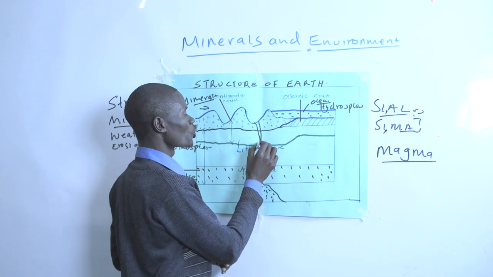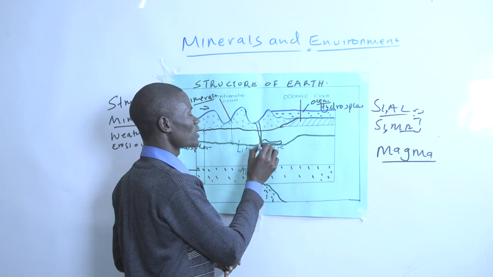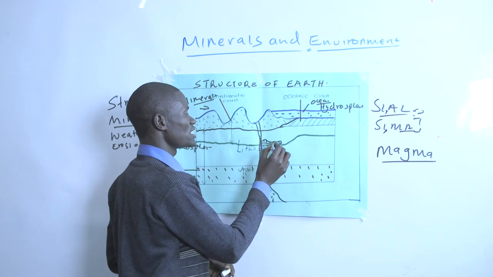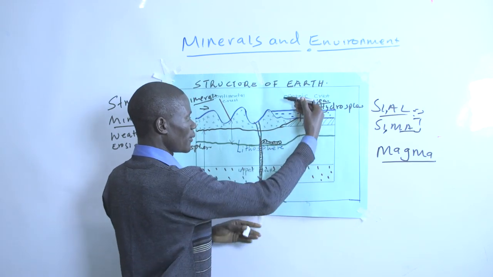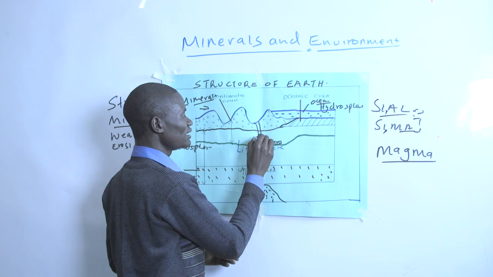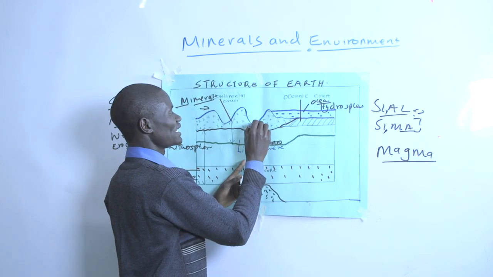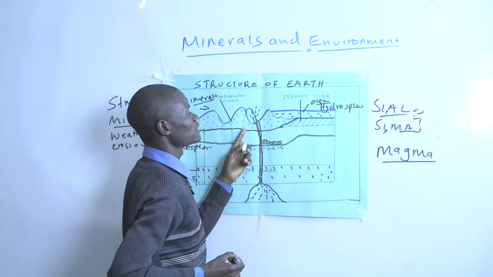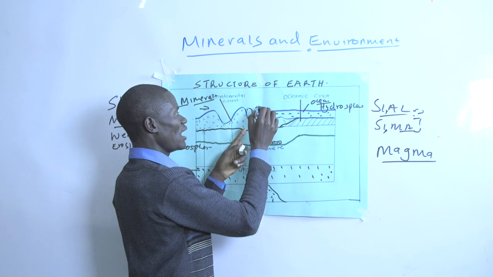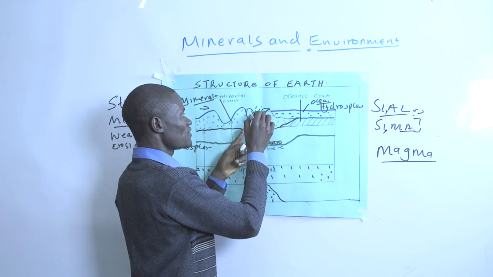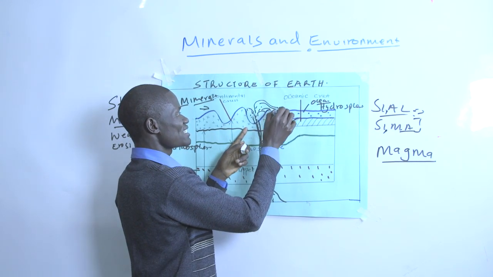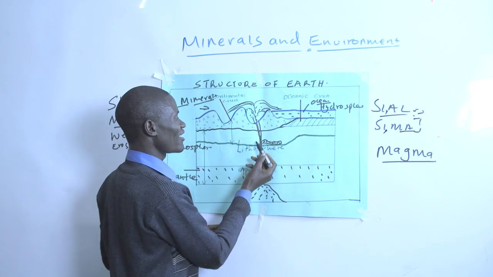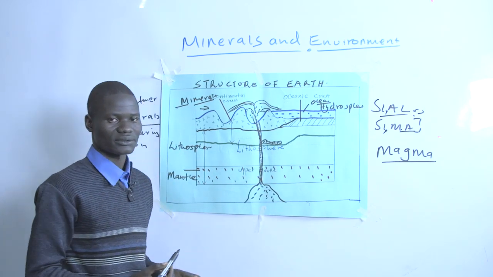Sometimes it may cool and solidify within the earth crust, forming what we call intrusive rocks or intrusive features, that is within the earth crust. But when the molten material is ejected out onto the earth surface, that's where the continental crust is, it begins to flow. As it flows, it will create layers of lava, and those lava also carry some minerals